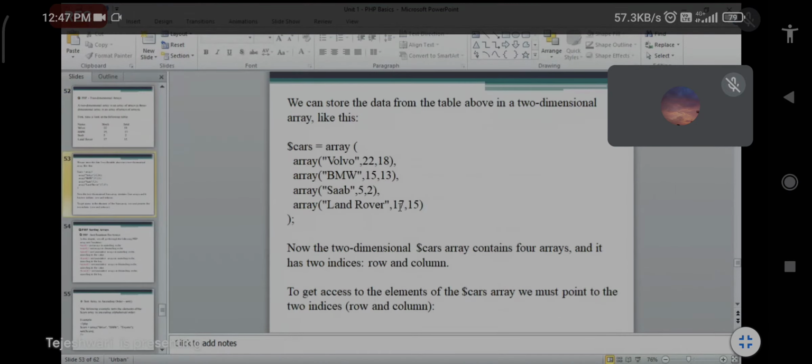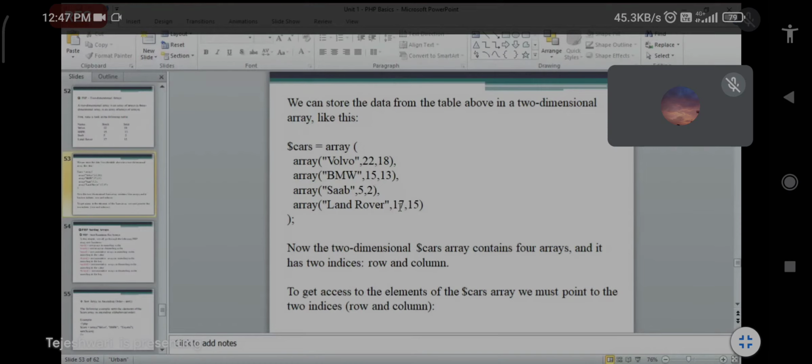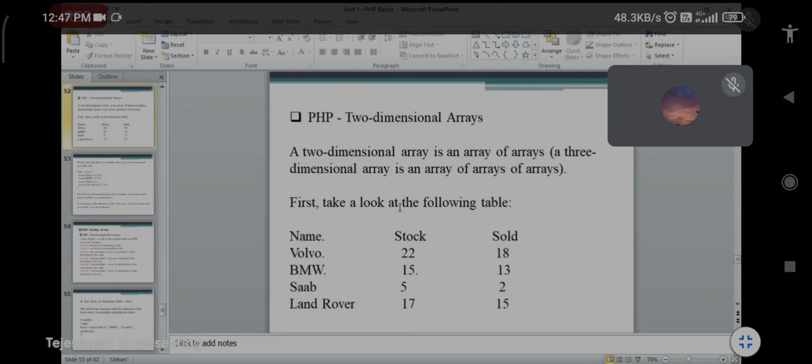Next, array in brackets, in double quotes Volvo, comma 22, comma 18. Why did we take this? Because you just take the 0, 0 position. First you take the row and then the column. Zero position for the row and zero position for the column, that is Volvo.